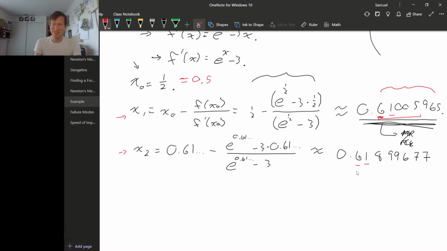So hopefully we won't have to do too many more steps. While I have this value, let me store it in my calculator so that it's easy to use for the next step. So for my next step, I'm going to use x2, which I have stored, minus e to the x2 minus 3 times x2, over e to the x2 minus 3. Now the fun part of entering this into a calculator. So my previous x value minus, open paren, e to the previous value minus 3 times the previous value, close my numerator, divided by e to the previous value minus 3, close my denominator, and we get